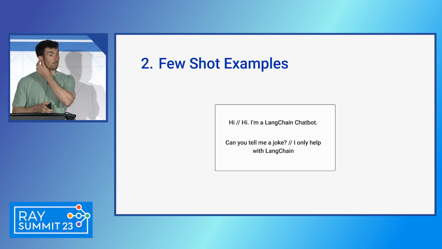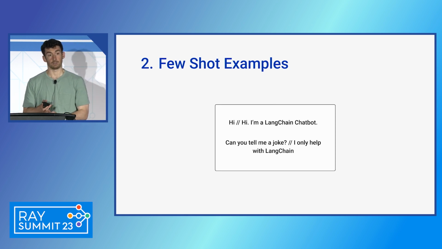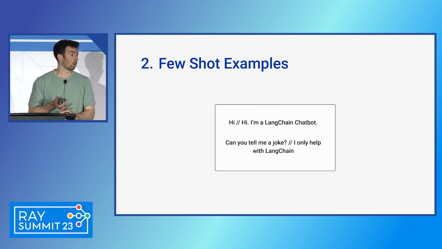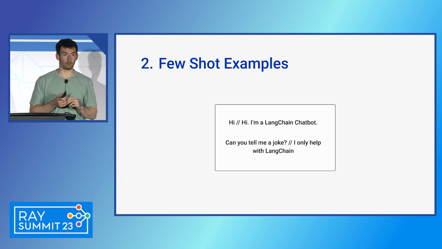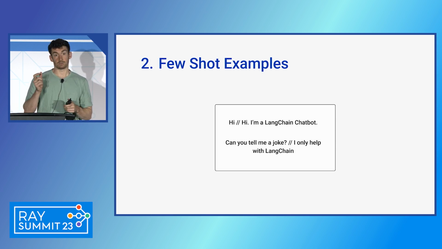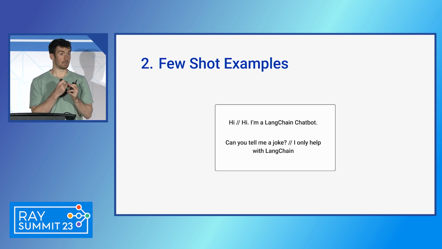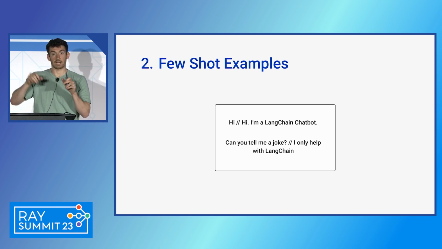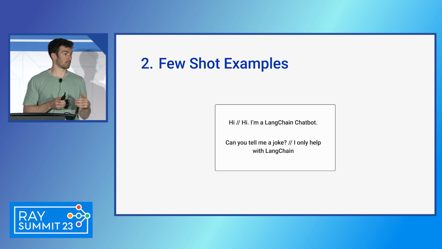The next version is you're showing it how to do things. So show, don't tell. This is providing a few examples of how the language model should handle particular scenarios or particular tasks. This is really powerful when it's hard to describe in instructions how a language model should respond, because there are maybe too many nuances to take into account, or the level of detail is just really precise. We see this being used a lot for SQL statements, when you want to provide different ways of doing things, and there's a lot of different syntax that you can get into in SQL statements. And then also with tone, it's really hard to describe a person's tone, and so some of the first use cases of this were for that.